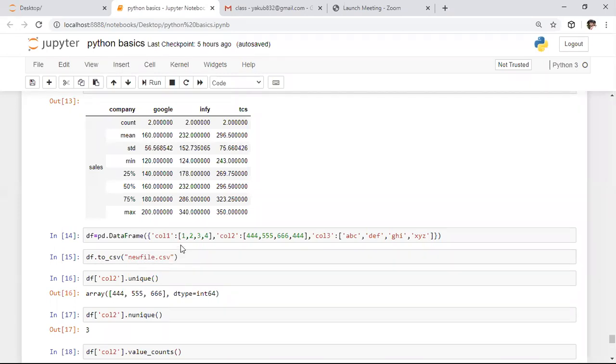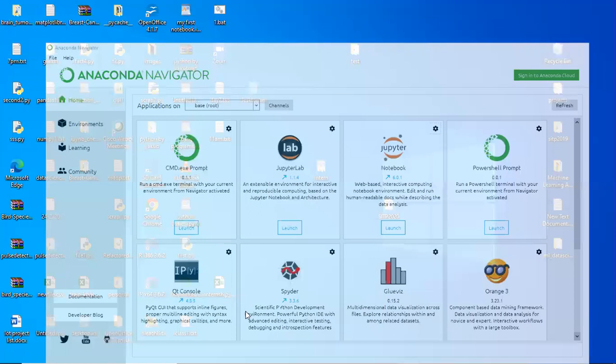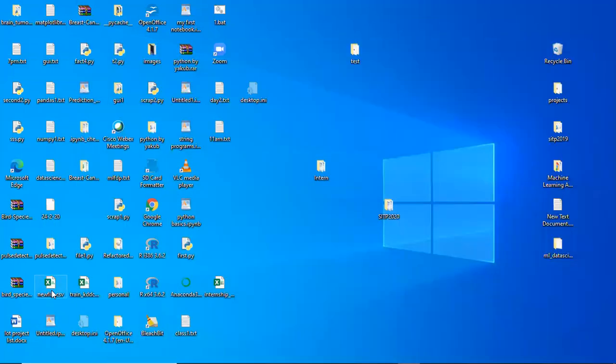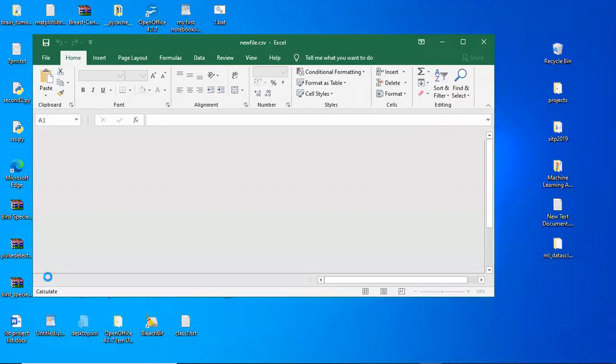After running this portion, this file will be present on the desktop. So on the desktop, I am observing. Here on the desktop, if you observe, the new file will be created. I am opening this new_file.csv. So here it is the created CSV file. Wherever your program is, wherever your IPYNB file is, at that location this file will be created. If there is no CSV reader on your laptop, by default it will be opened with the Excel extension.